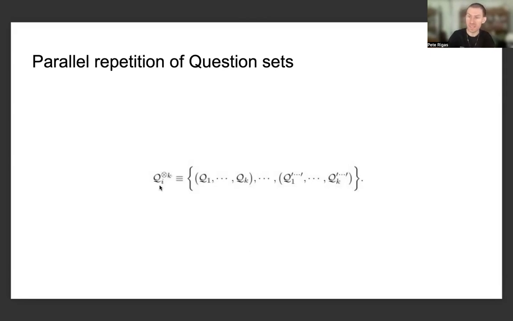the game. And this is just given by the fact that if we take the multiplayer question sets that are distributed to each one of the players, script Q sub I, and we're raising it to the tensor power of little k, where little k signifies the number of rounds of parallel repetition for which we're repeating a game, it's equal to a collection of tuples with k entries, where each one of the entries corresponds to a question set, indicated by Q, Q prime, Q prime prime, with an arbitrary number of primes depending upon however many players or participants there are in a game, also going from 1 up to little k, corresponding again to the rounds of parallel repetition.